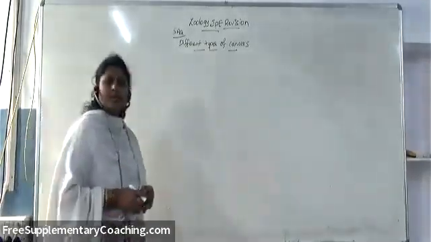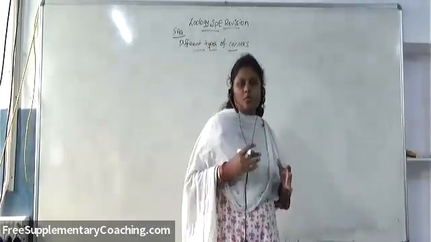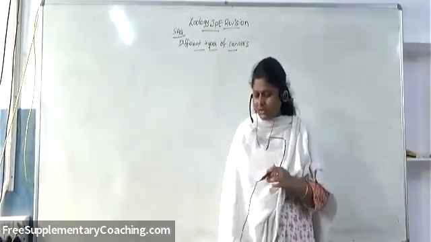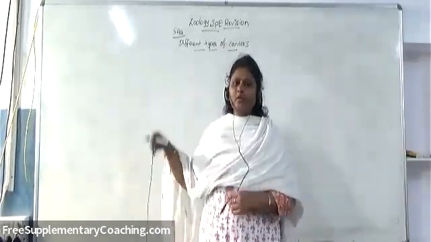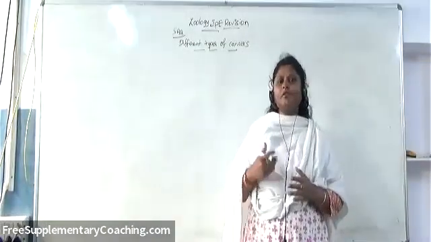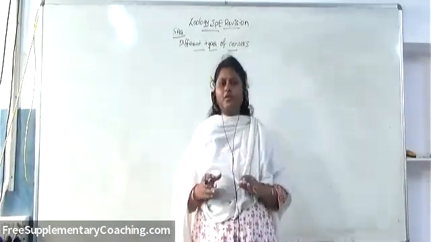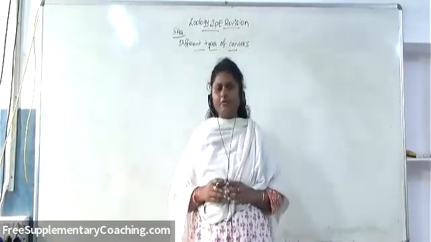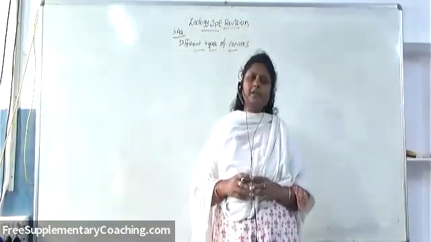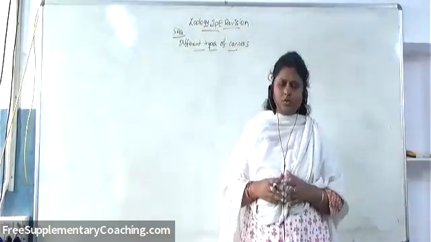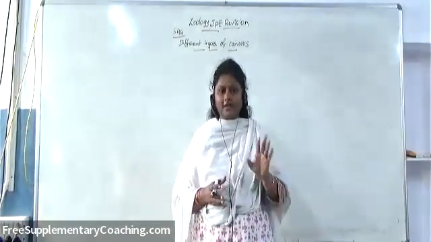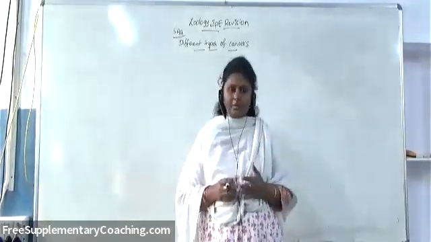So what is cancer? When the tumor spreads from one part of the body to another part of the body. If the tumors are localized, no problem. They are called benign tumors. But some tumors act as malignant tumors. That means they move from one place of the body to another place, where they cause tumors in different areas, in different parts of the body. Such tumors are called malignant tumors, and malignant tumors are cancer. So if the tumor spreads from one part of the body to another part, then that is called cancer. And again, you may get a doubt: what is meant by a tumor?